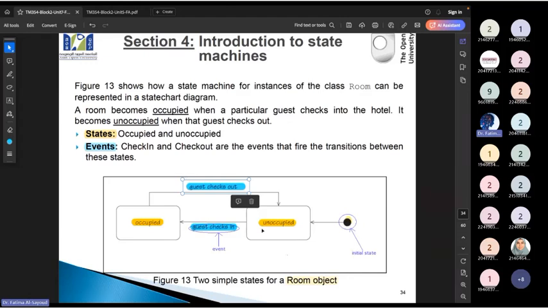So now, is the state diagram static or dynamic? Dynamic. Exactly, dynamic.